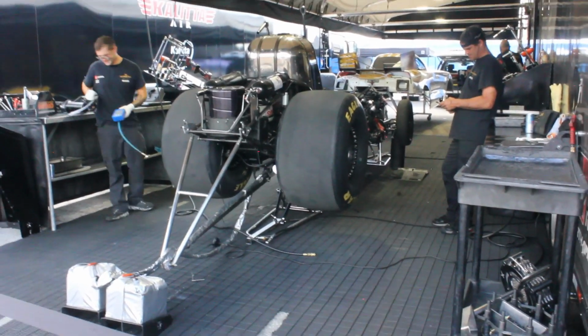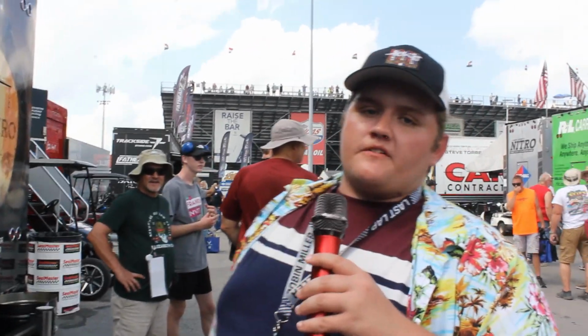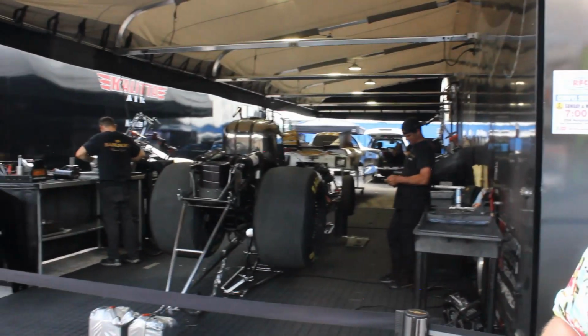A lot of people going into the season were saying that maybe Alexis should lose her ride, maybe she doesn't deserve it because of the performance she's had. Well, again, she took that personally as well. She has had an incredible season: multiple semifinal appearances, multiple final round appearances. Yet to get that Wally, and it has eluded her because of either mechanical issues, driver errors, or red lights